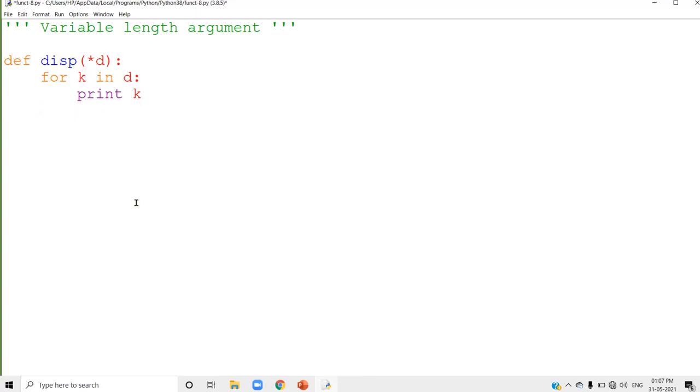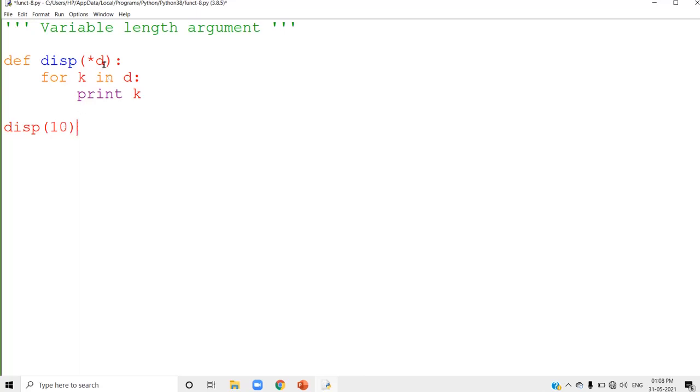Next, I'm going to call the function disp. Calling the function disp with one argument. See, when you use a star symbol, that represents it is a variable length argument.